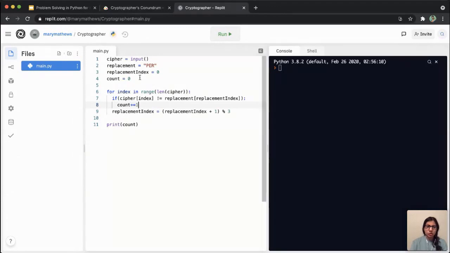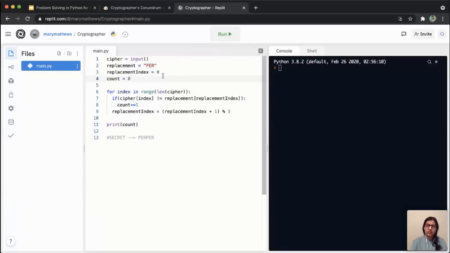Okay, so first I'm taking in, let me just write out the example also here. First I'm taking in my input, which is secret in this case, and I've called the variable cipher. And I'm creating a variable replacement and setting it to PER, just one PER, because I want to concatenate this a certain number of times.